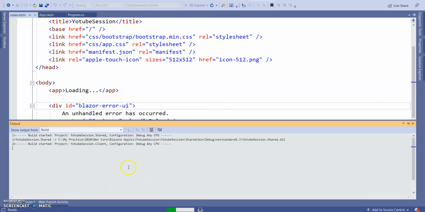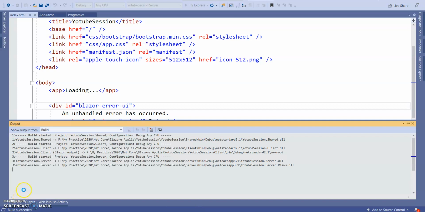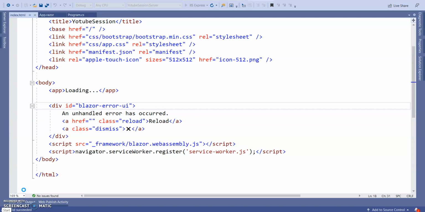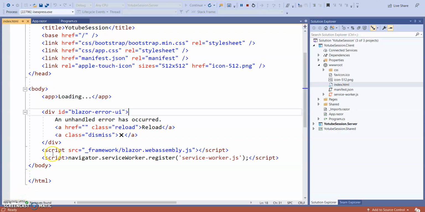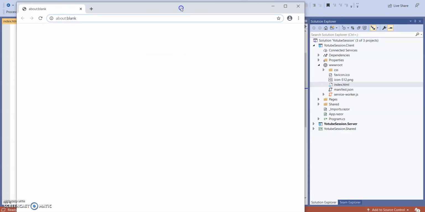So this is the first time loading. It's taking a little more time because when you run the application for the first time after opening it, it will take time to load all the assemblies, all the DLLs, to the browser, because as it's a WebAssembly application, all the libraries need to be downloaded in the browser.